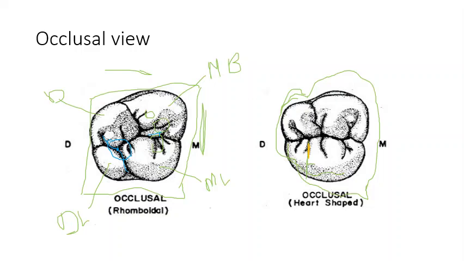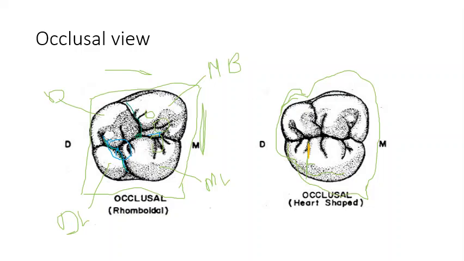Here the distolingual triangular groove is present over this occlusal surface. I have seen two books, but none of them have explained these fossas or pits. There is a distolingual groove which arises from this distal pit, and there is a distobuccal triangular groove which arises from this distal pit. Here we can see a central pit from where the buccal groove arises